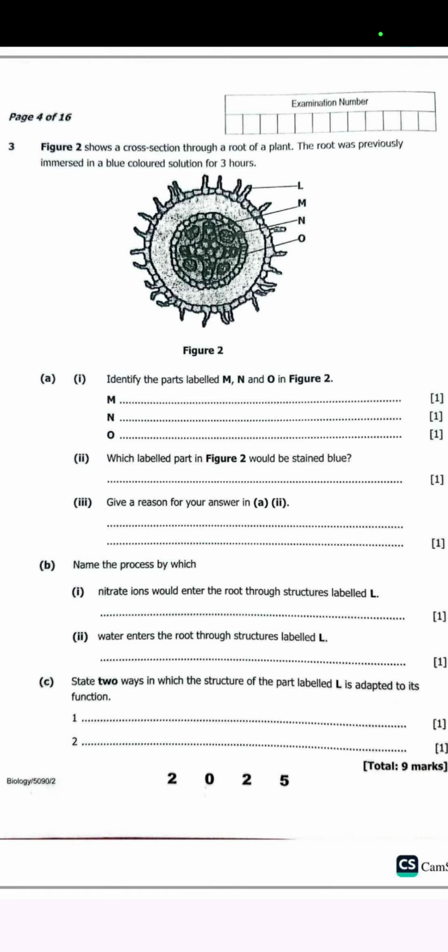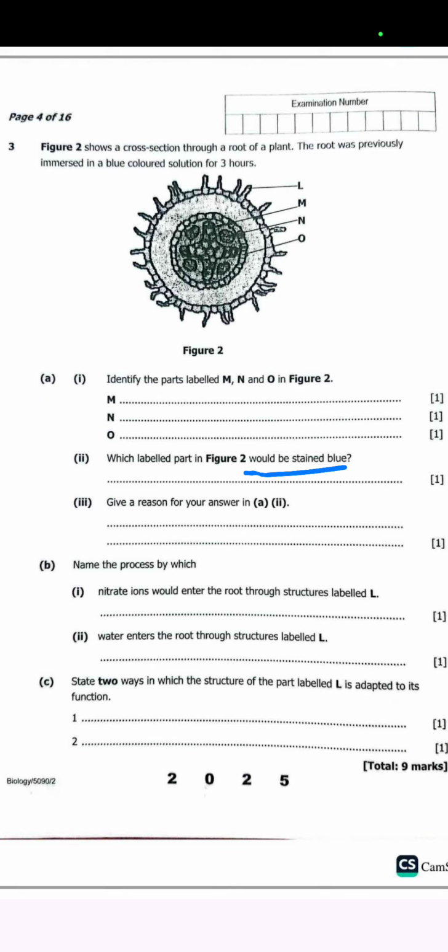Okay, so this root you are able to see was previously immersed in colored solution for a total of 3 hours. So now what is it that is going to happen? So now we know that we are given parts L, M, N, and O, and they are not labeled, so it is our duty to label them. Okay, so now what do we do? So now in this case,